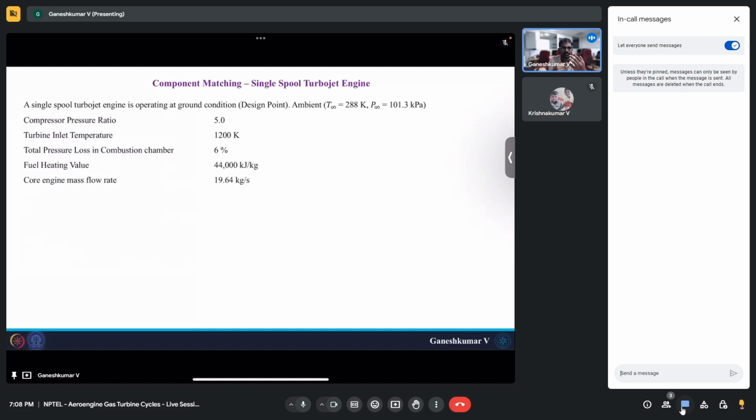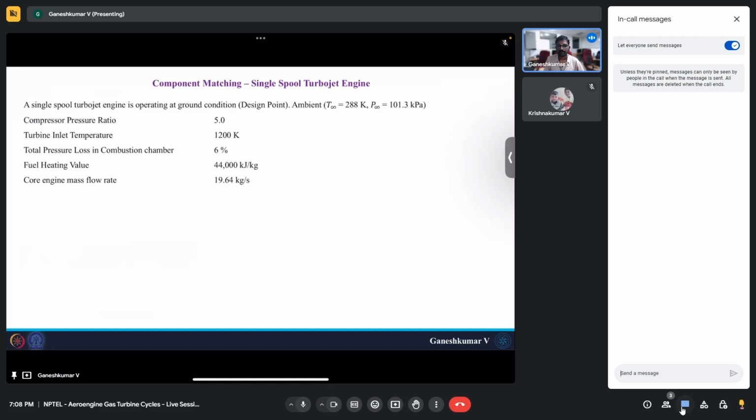So that's why, when it is in cruise condition, we call it an off-design point, or off-design condition, for this turbojet engine. That's just the terminology. Okay, so here we have a single spool turbojet engine, which is designed for ambient pressure and temperature of 101.3